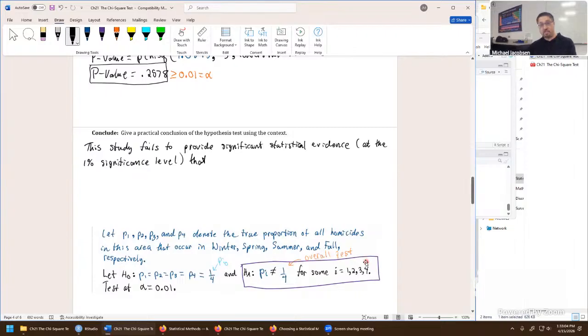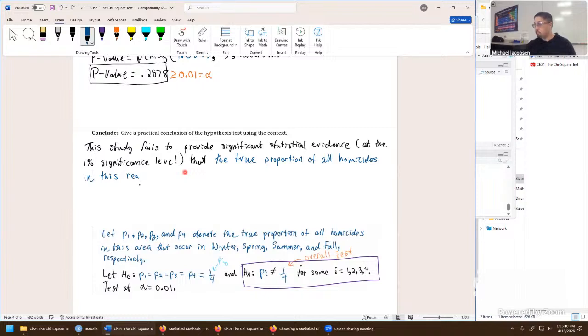So we have to capture the essence of this, review what we said the parameters P1 through P4 were, true proportion of all homicides in this area that occur in the specific seasons, respectively. So we failed to provide significant statistical evidence that the true proportion of all, specifically homicides for violent crimes, homicides in this region is, let's say, different from